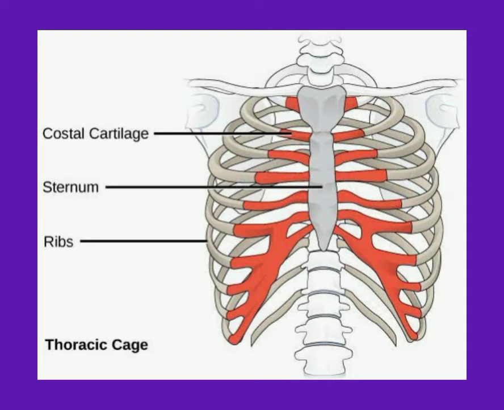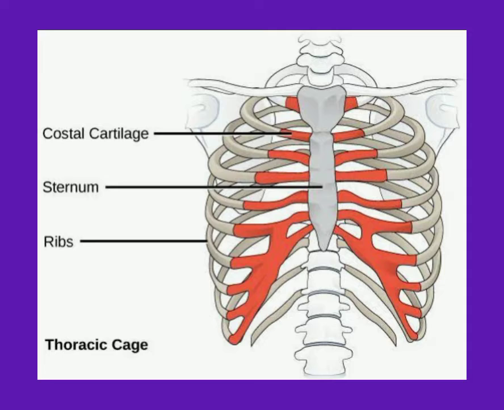So, we will see this diagram we are observing here, the thoracic vertebrae. It is also called the rib cage or thoracic cage. Yesterday we discussed the thoracic vertebrae, where 12 pairs of bones are present. In this condition, the bones are mainly an arrangement of the thoracic bones, made up mainly of costal cartilage.